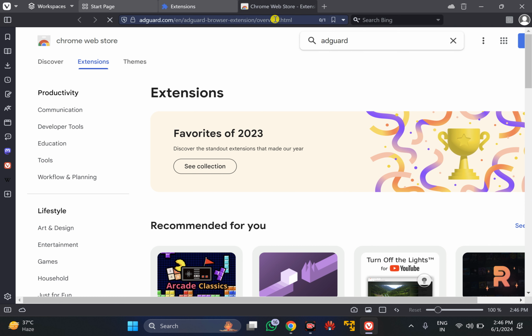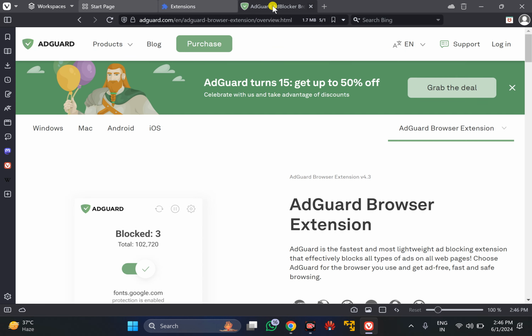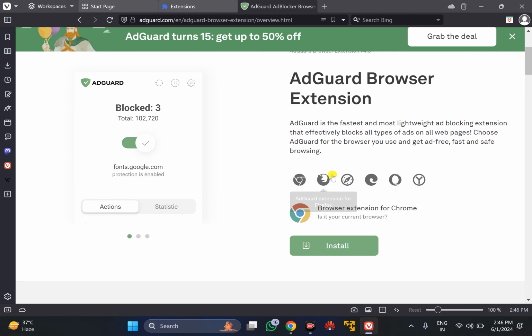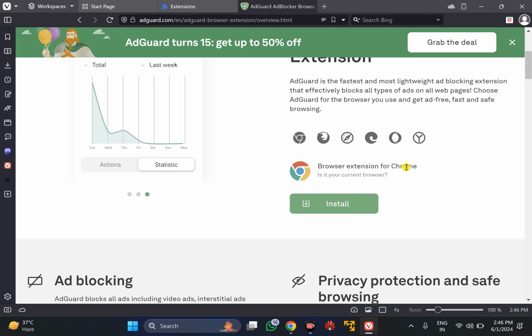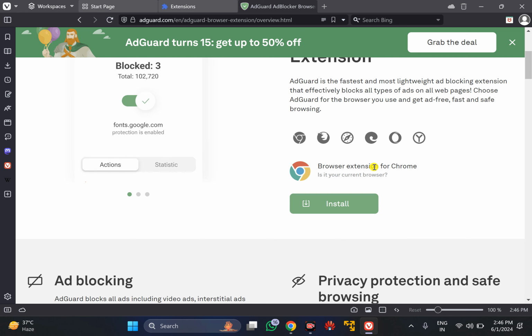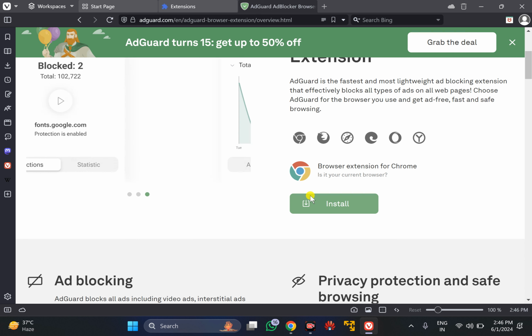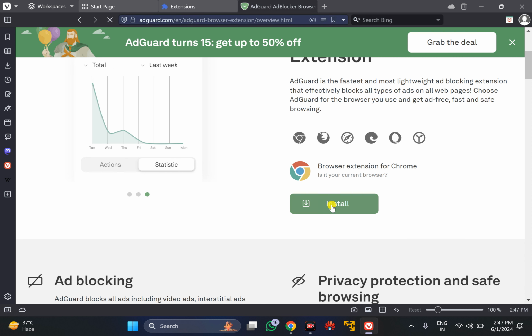After visiting this link in the Vivaldi browser, scroll down and click on this one install button that says browser extension for Chrome. All the extensions of Chrome are compatible with Vivaldi browser, so you can install it without any issue. Just click on this one install button.